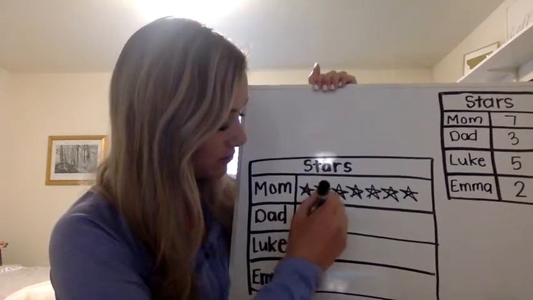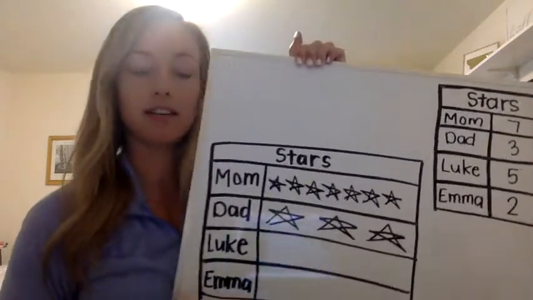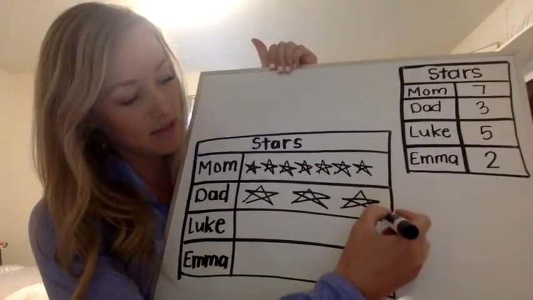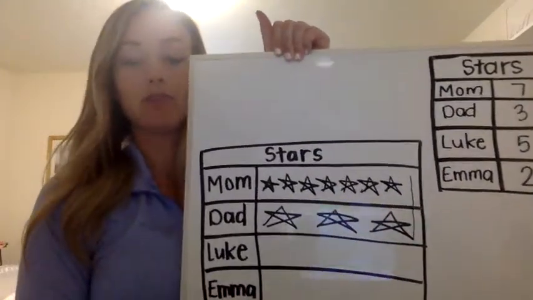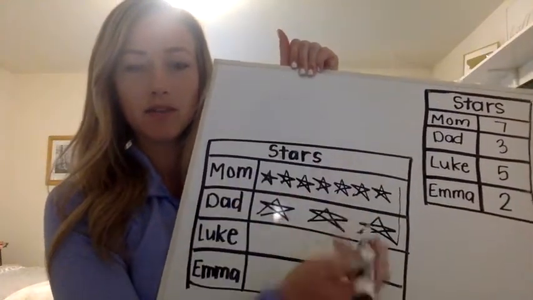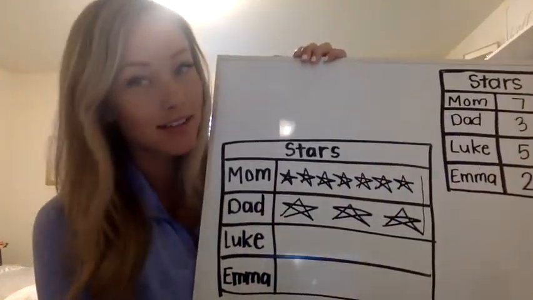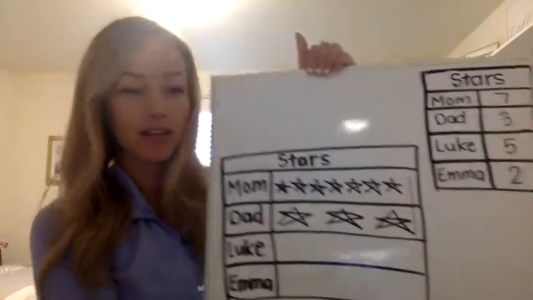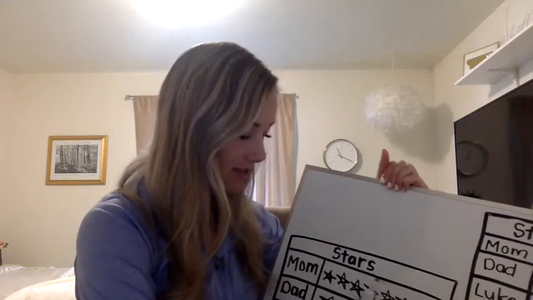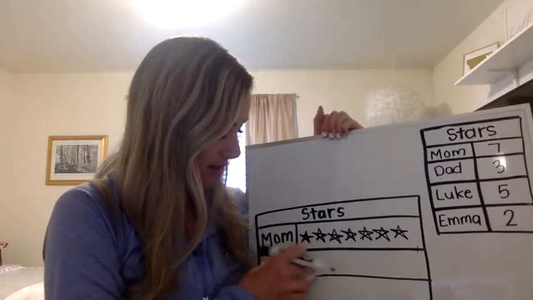If I do Dad's stars really big, 1, 2, 3, look. Dad's and Mom's stars end at about the same spot. In fact, Dad's almost end a little bit after Mom's, right? So if you're just looking at it, it looks like Dad saw more stars. If you weren't counting them, if you're just looking at how far they go, it looks like Dad saw more. Is that true? No, right? Dad only saw 3. So in order to make sure that our graph makes sense, I'm just erasing this,